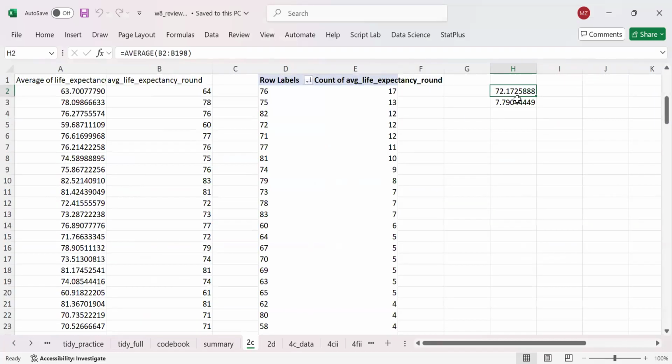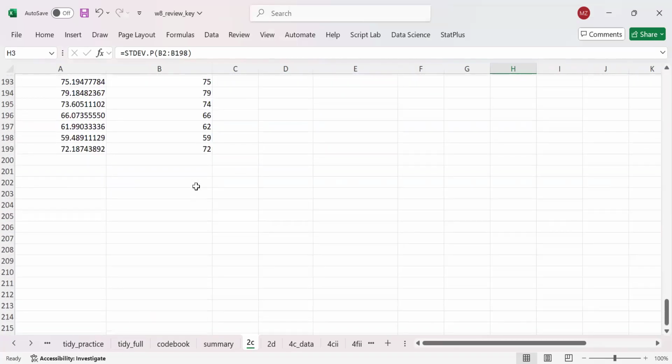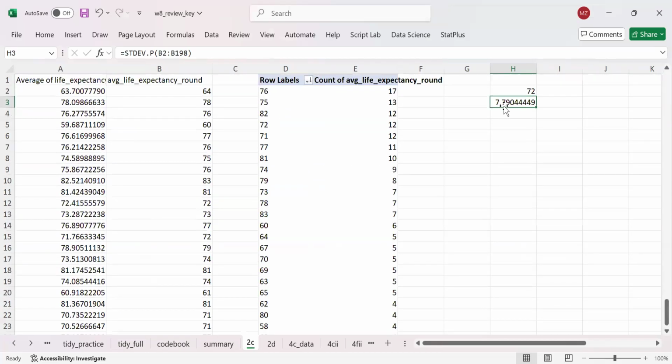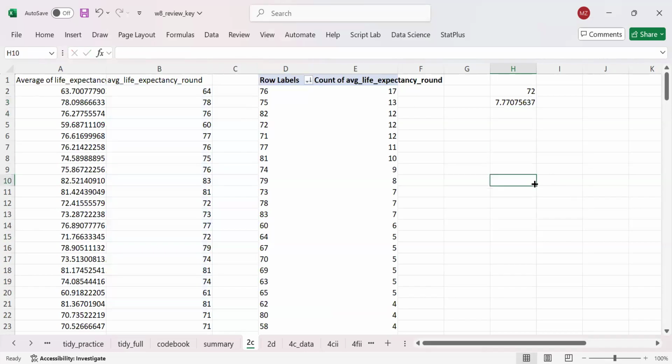It should be 199. Yeah. And then standard deviation also. For the standard deviation, you can use the formula STDEV.P, and that would give you the standard deviation. So once you have that,